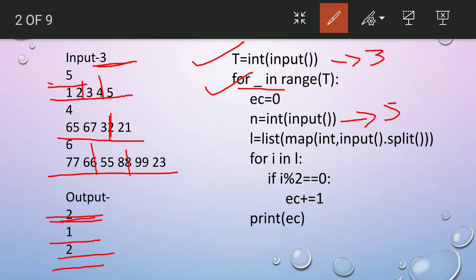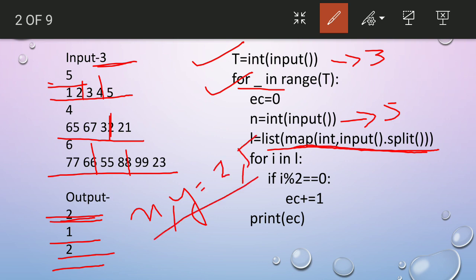L is equal to list of map of int comma input dot split. So this is the way of taking the list. Already I had told you how to take two variables using a map function. Like if you want to take x comma y is equal to 2 comma 5, we have to use map function: map of int comma input dot split function.